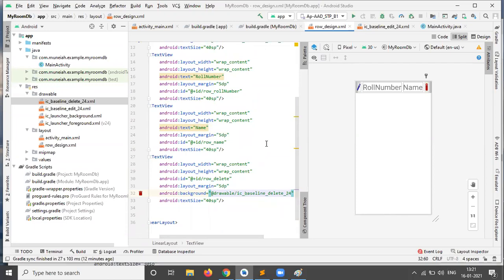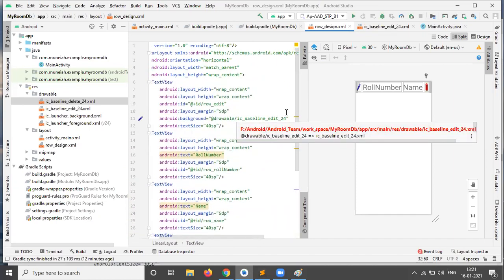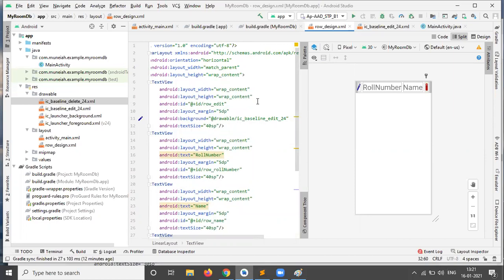So this is the row_design.xml file designing. Have you done till this part? If you have, just respond in the chat box.